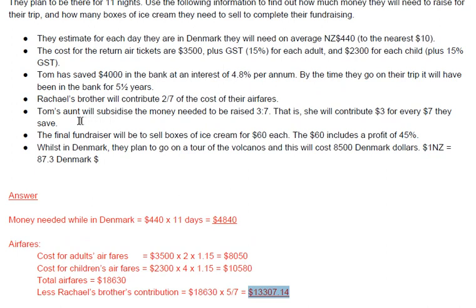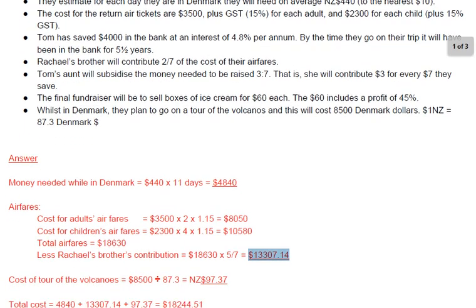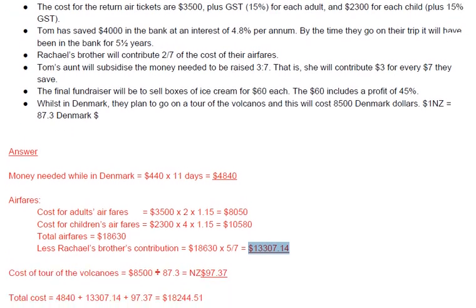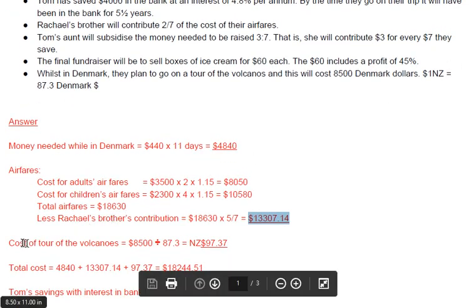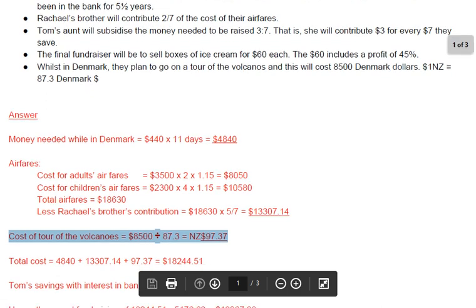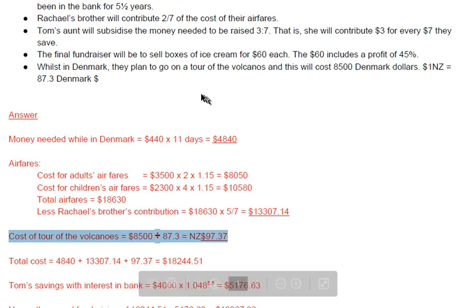Next bit, the tour operators will subsidise the money needed, 3/7. Okay, let's just see whether we've actually done that next. No, we've done the volcano, so let's just do that in the order that we've done it here. There are different ways of doing this, but we'll just stick to the plan here. Just realise you could do something else next if you wanted to. It doesn't really matter, you can do it in any order. In Denmark, they plan to go on a tour of volcanoes. It will cost